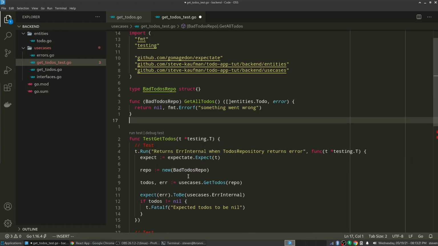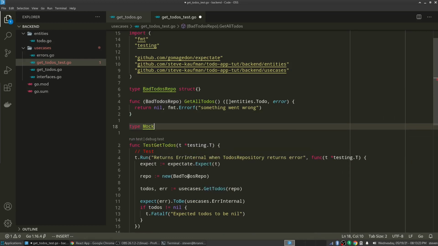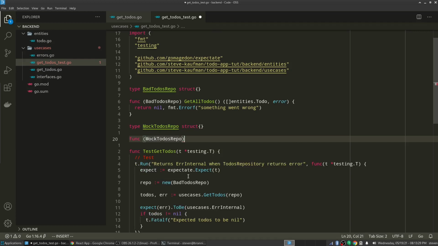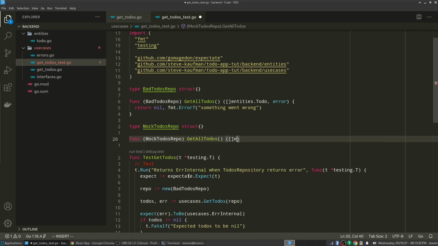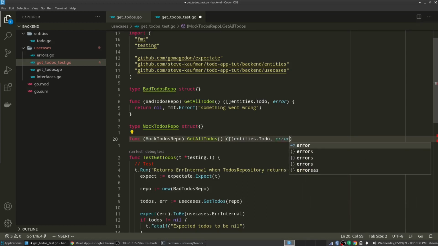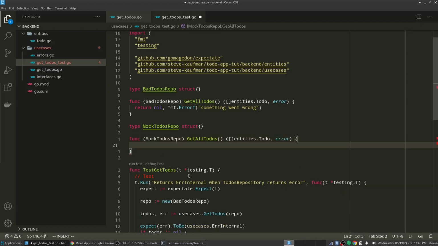And I'll make another one that's actually a mock to-dos repo. GetAllToDos returns a list of entities.Todo or an error. And this one is going to return some